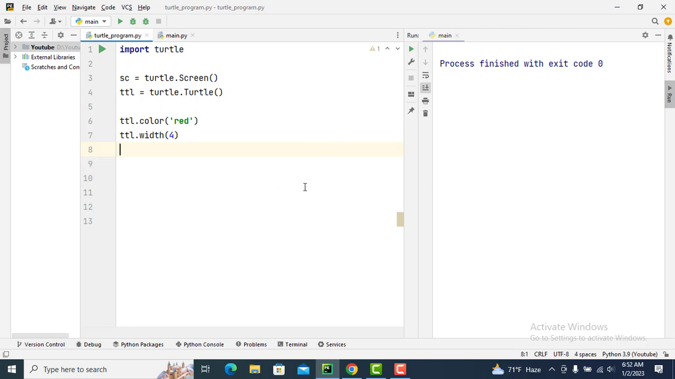Now you have to set the speed of the turtle. For this, turtle.speed, and I set 3. Now you have to make the outline of the board. Here the board outline is 4 sides, so I have to make a loop to draw the outline of 4 sides. For i in range 4,